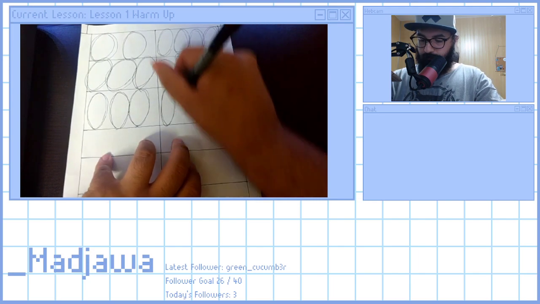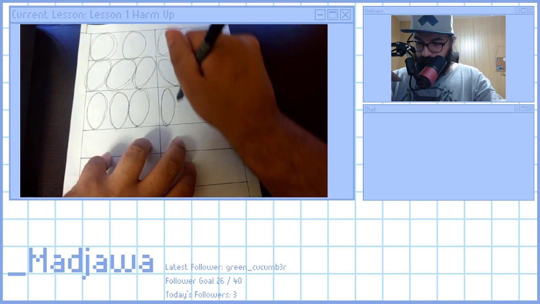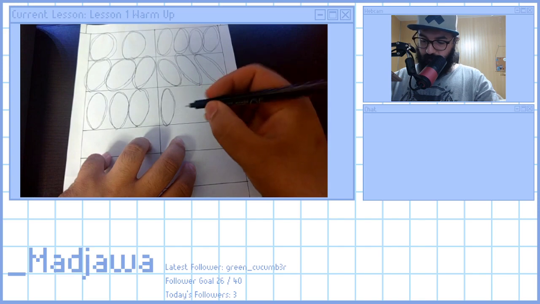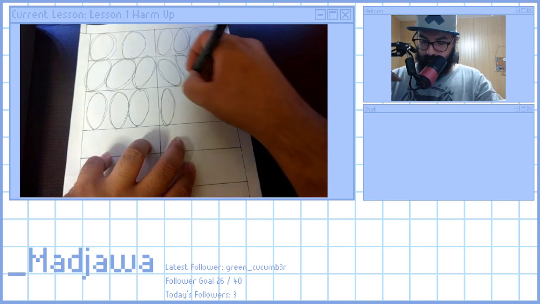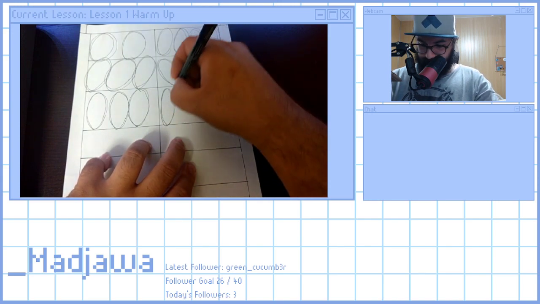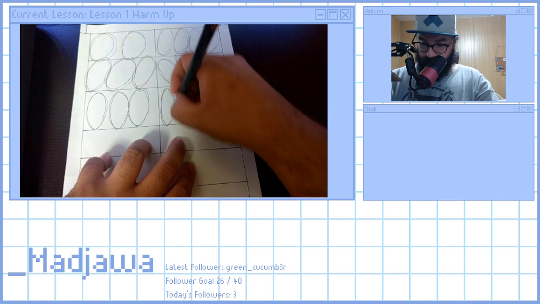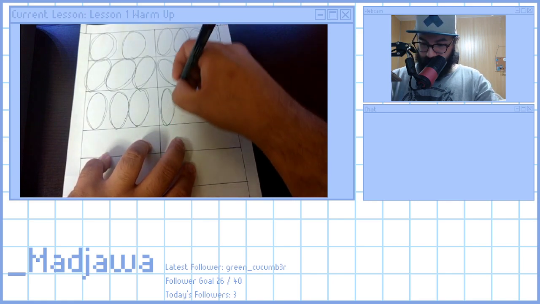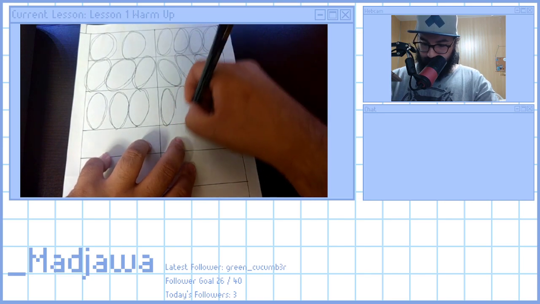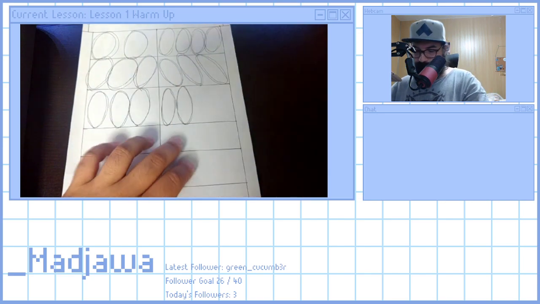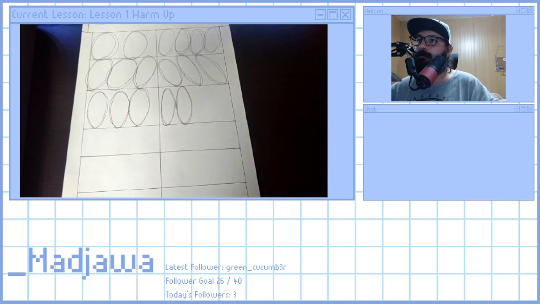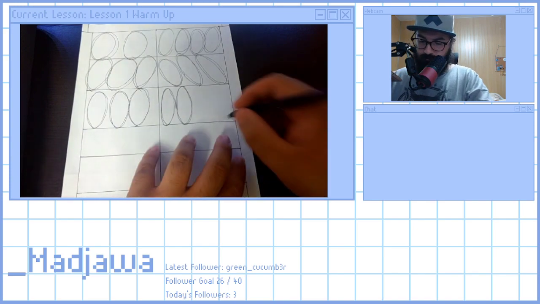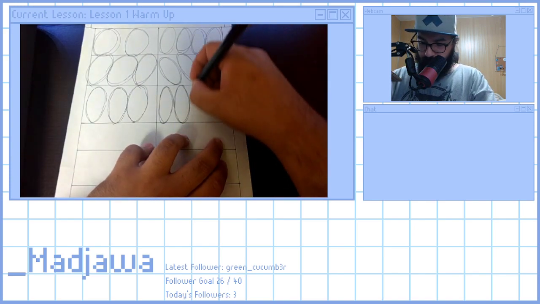It's hard trying not to rub my palm on the page. And holding, I think my grip is a little weird too. I gotta think about that. Getting there. Getting there. That one was a bit chunky, but